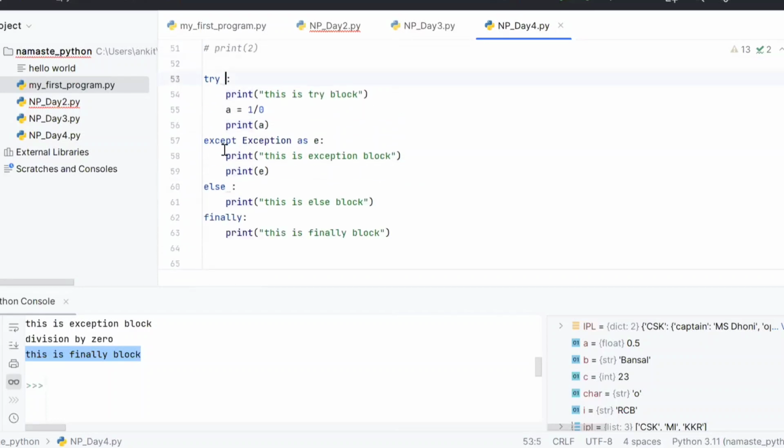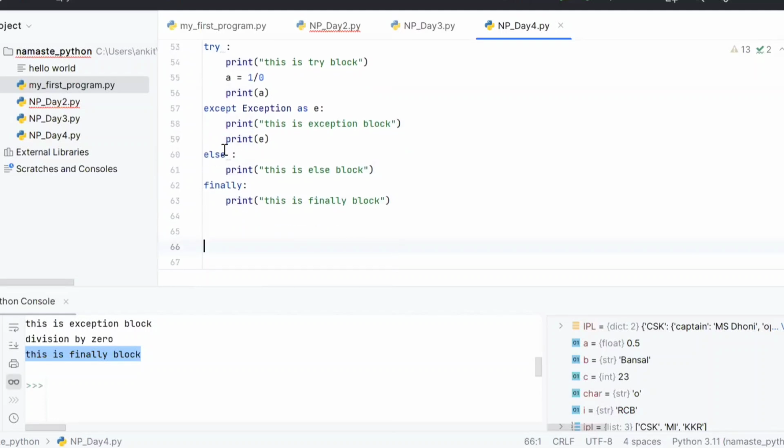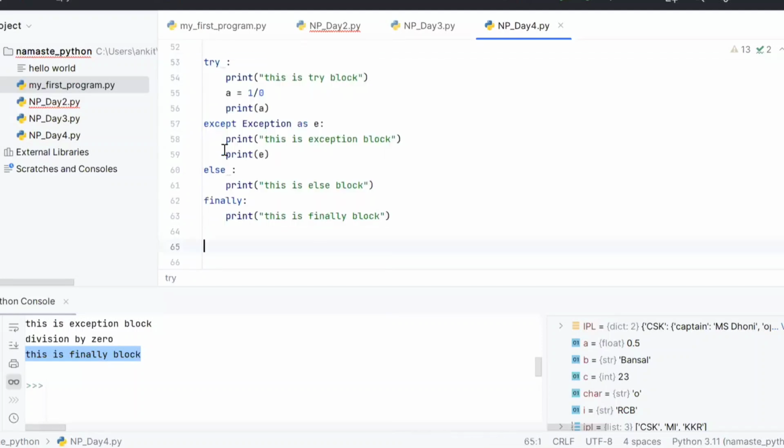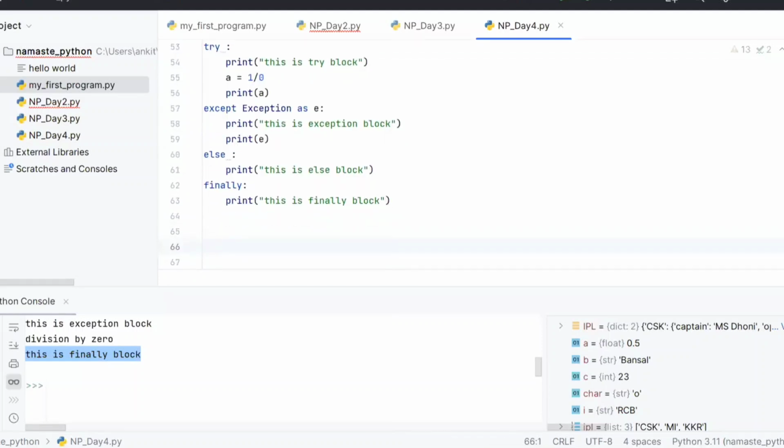Okay, great. You guys can try it out with different combinations and different exceptions, and then we can discuss later. Let's move on to the next topic, the last topic for today. Tomorrow we are going to start functions. But let's understand how to work with files. It is important. Today we will discuss file handling, how to work with files. Then tomorrow we will work with functions, and then, not tomorrow, I mean Thursday, we will understand what classes and objects are.